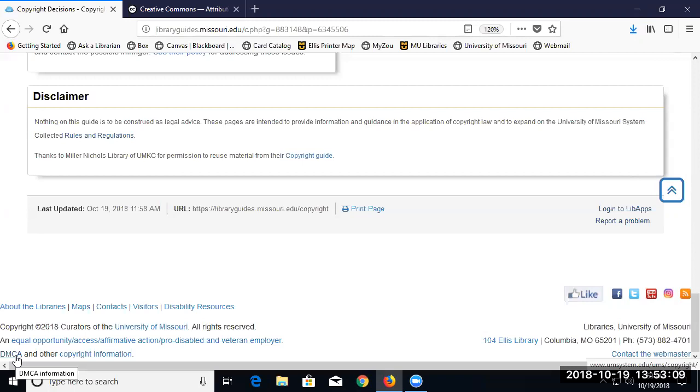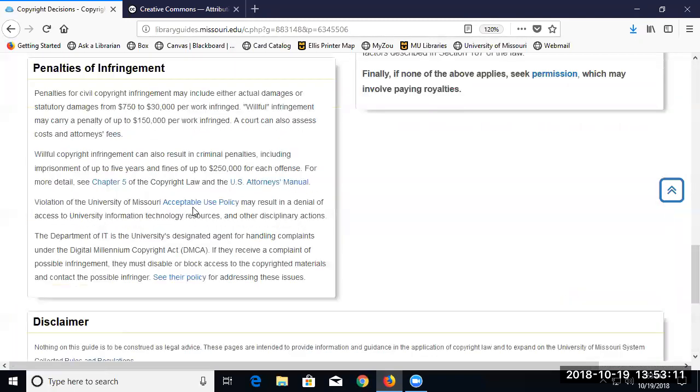But that can happen. And there is more information here on the acceptable use policy and the Department of IT policy on copyright. So I think that's where students would probably more likely see things. They might get caught on that. I'm more aware of things that we have with the library where we have license violations. Someone is downloading vast quantities of articles and the company turns it off for the whole university.